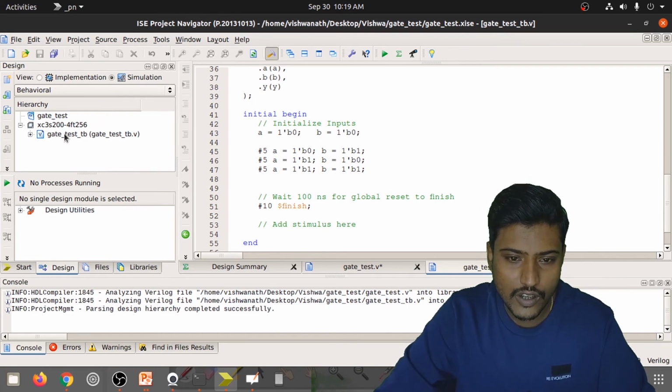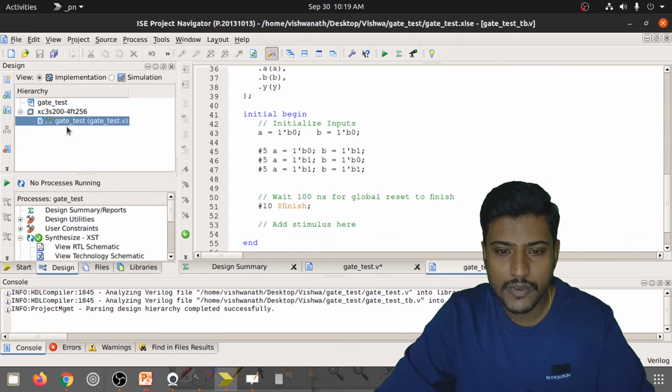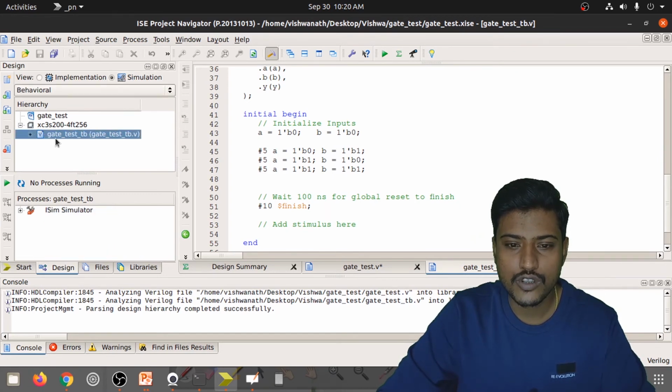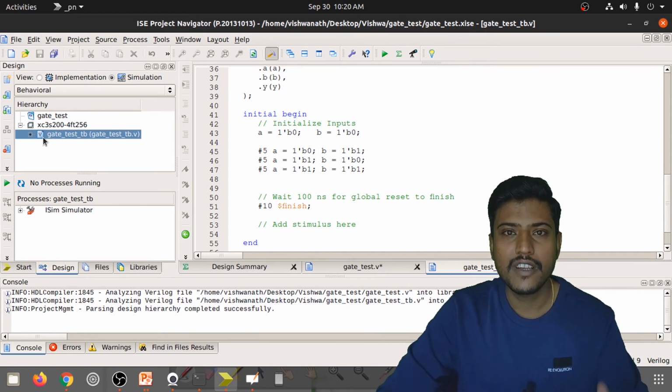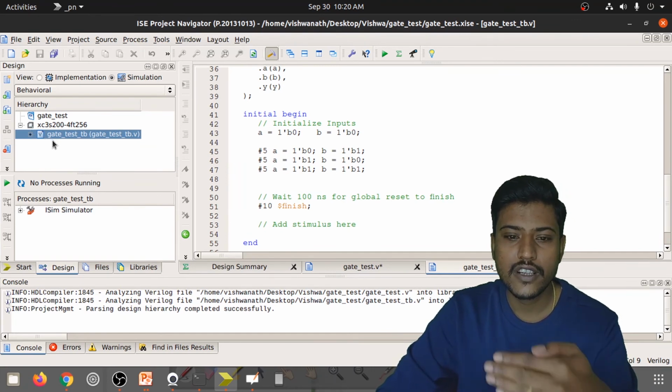And you can observe that the test bench file gate_test_tb has come over here. Okay. In implementation it is only the design file gate_test, but when it comes to simulation it has been given gate_test_tb, and we had said that automatically it will instantiate itself, right.